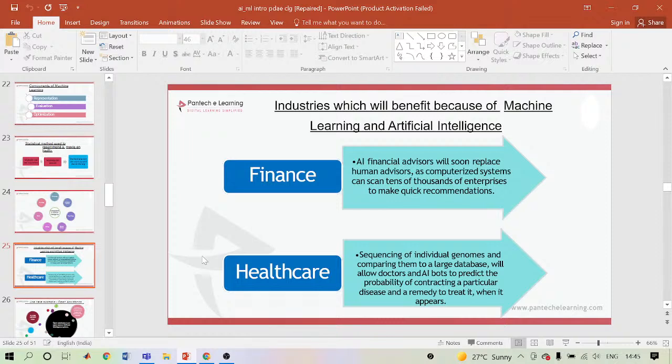And in health, scanning of individual genomes and comparing them to a large data set will allow doctors and AI boards to predict the probability of contracting a particular disease and a remedy to treat it when it appears. So now COVID has come. We don't know how many people have got COVID. We can't go to each and every person and check every detail. So we have a list, an Excel sheet format, a data set of